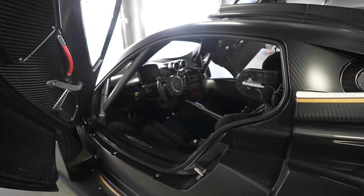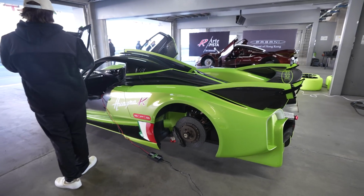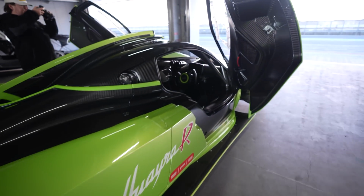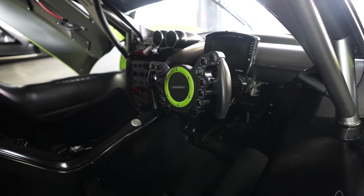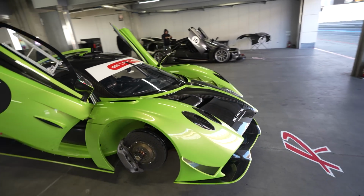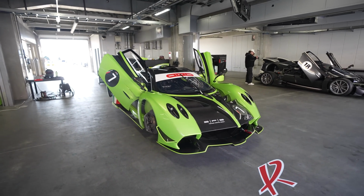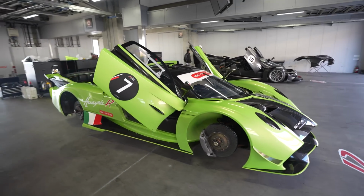What a masterpiece. Tires are being warmed up here, and there is a nice green example here, fully clear-coated, and this one has the driving position on the right hand side. Bosch display. Of course, Pagani uses Bosch Motorsport electronics to handle engine management and all the parameters to control the car, gearbox,